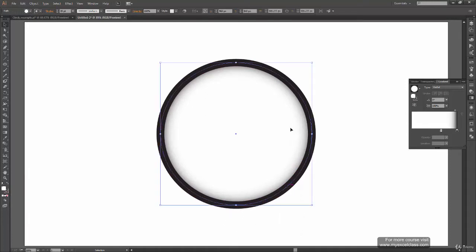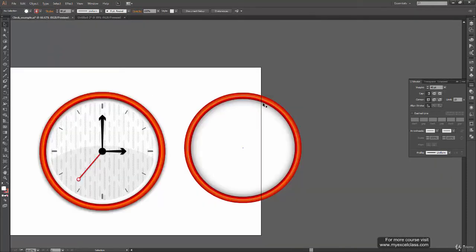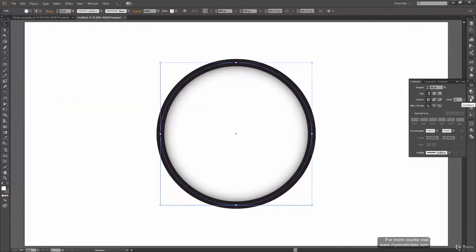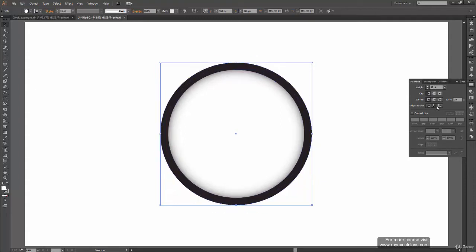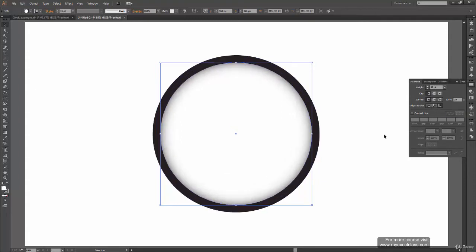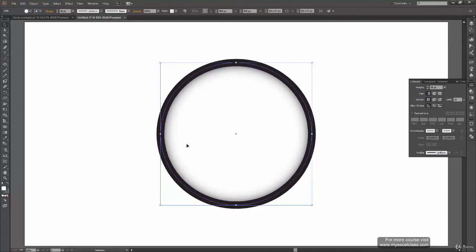And now we will color the outline. So here you can see that there is a gradient applied on our outline. Okay, but we know if we want to apply gradient to the outline, we cannot have these two kinds of strokes, which is the stroke inside the path or stroke outside the path. It should be on the path. So then only we will be able to apply gradient.